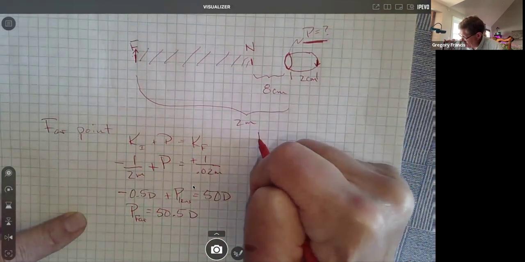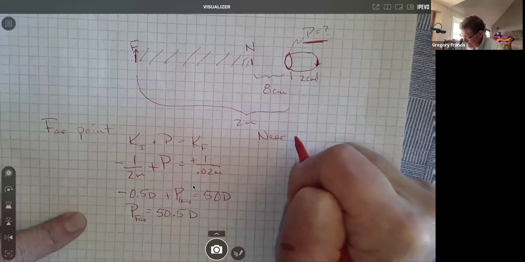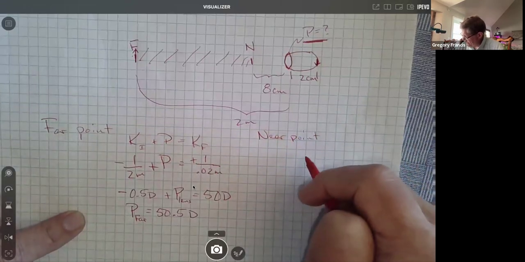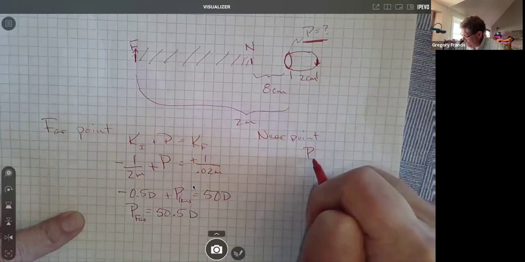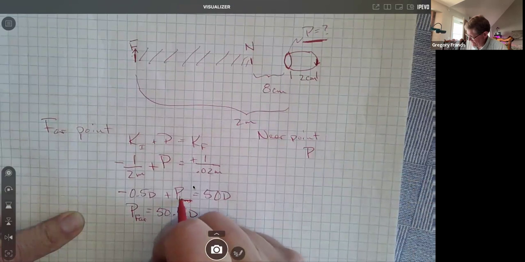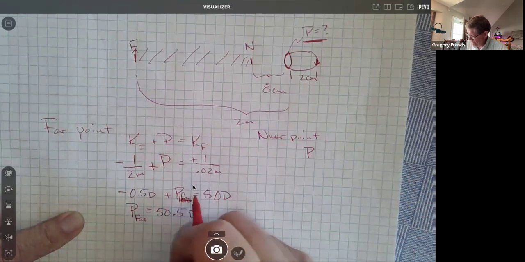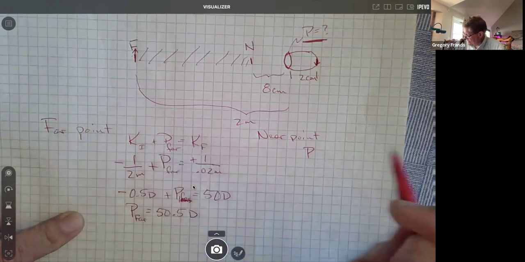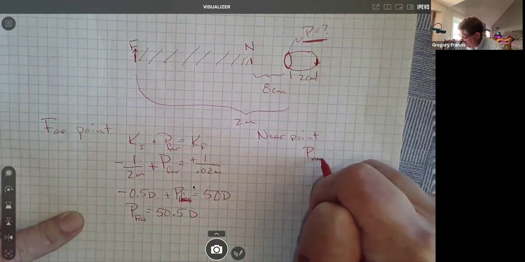If I do that for the near point, well, it looks pretty similar. The power near, we'll call this far, the power near,